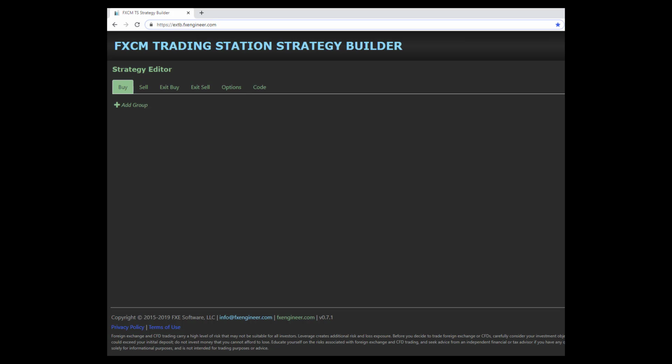You can see up here at the top, we've got several tabs. We've got a buy, a sell tab, exit buy, exit sell, options, and a code tab. Once we finish creating all of our conditions here, this is where the code is going to be displayed. So that's kind of the output. So what we want to do is work our way from left to right, filling these out